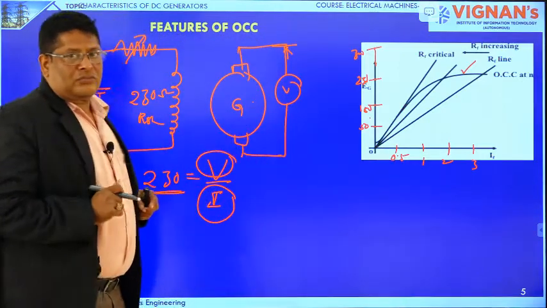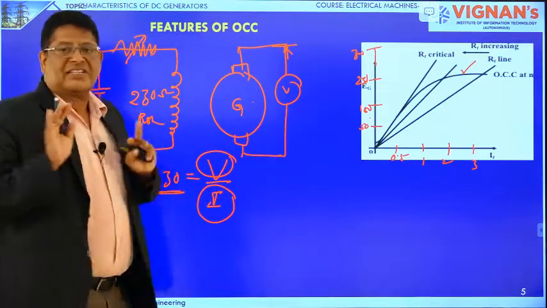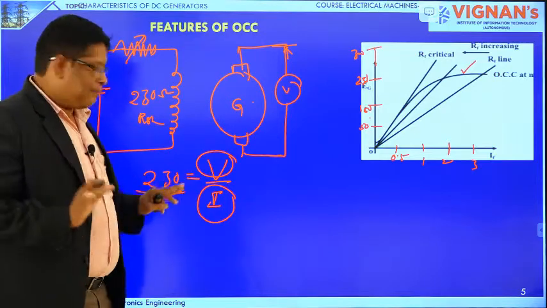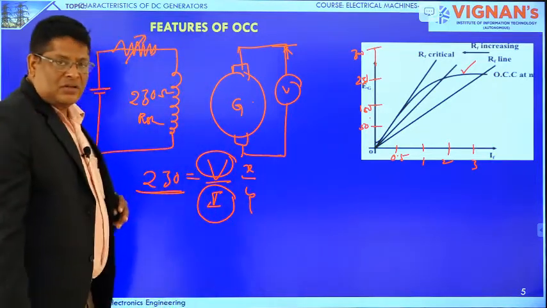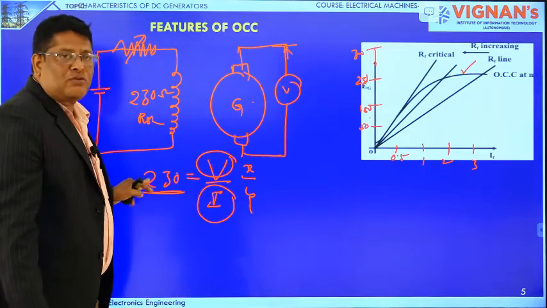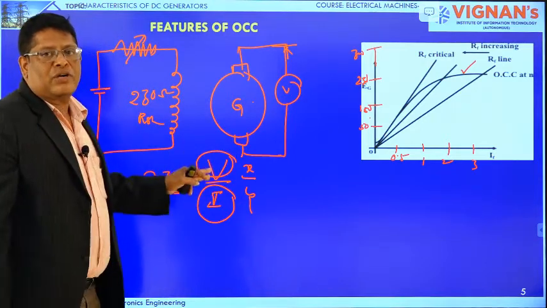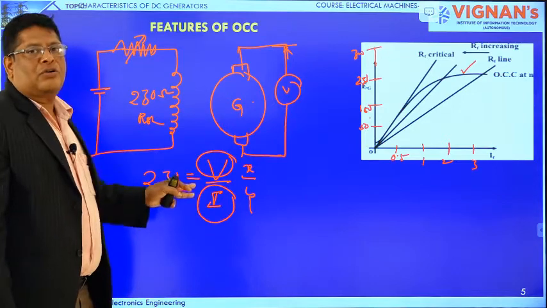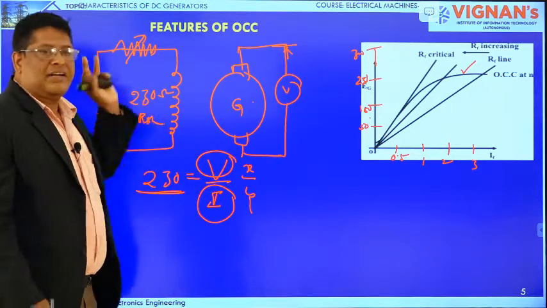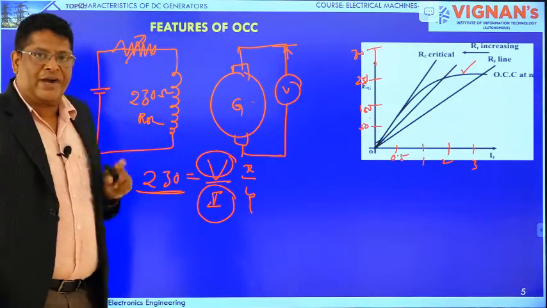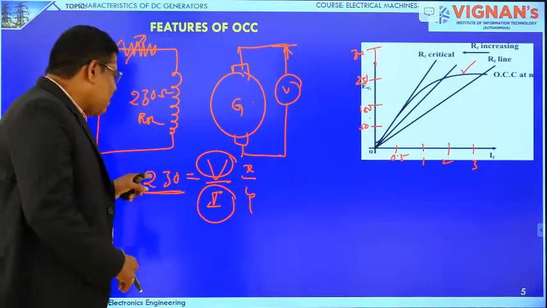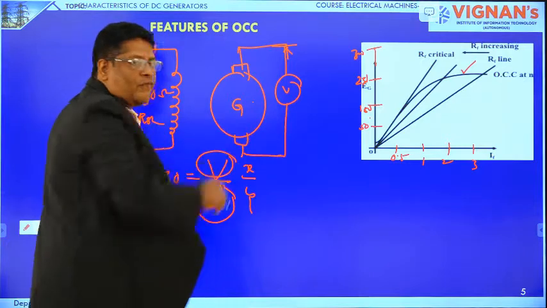Suppose it always represents a straight line. No doubt about that, because this is x and this is y. X by y equal to constant, nothing but x equals my, or y equals mx. It is a straight line. If you identify one point, then we can easily draw the resistance line in this graph.